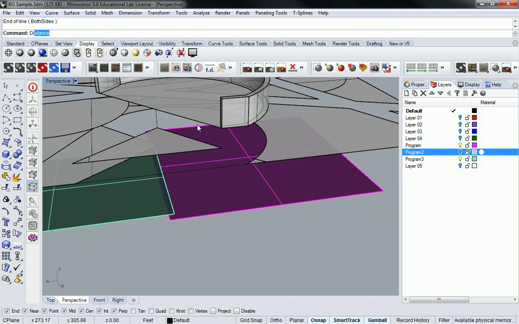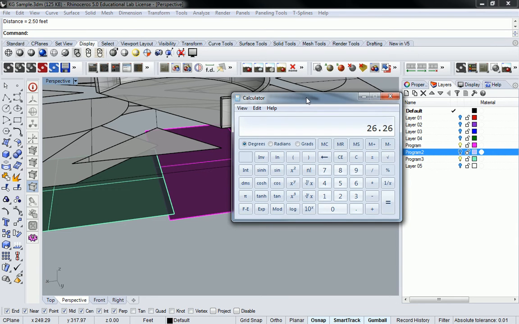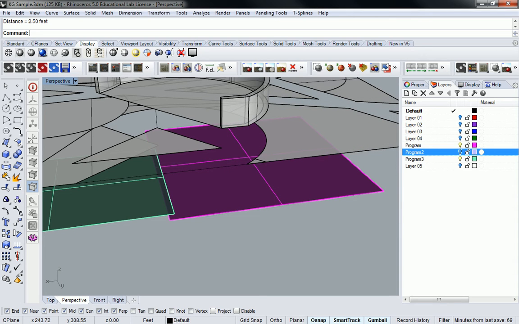What I do know is that this is 2.5 feet. So 30 inches divided by 7 inches, right? So this gives you your maximum number of risers. So we're going to have 4 risers. So then we do,